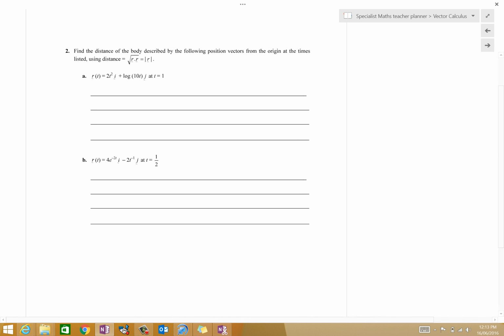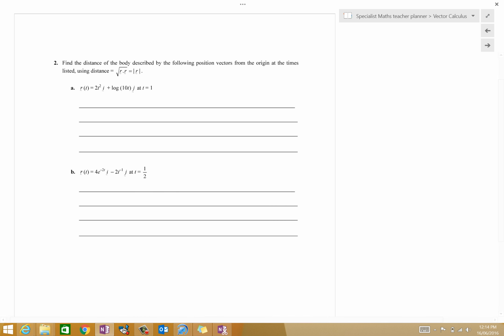Then we're looking at distance. Now, the distance of something is actually the magnitude. We're using this fact that I've got some vector. This here is a position vector, r of t. If we want to find distance, we're looking at the magnitude of the position. So in this case, what happens if I was working out